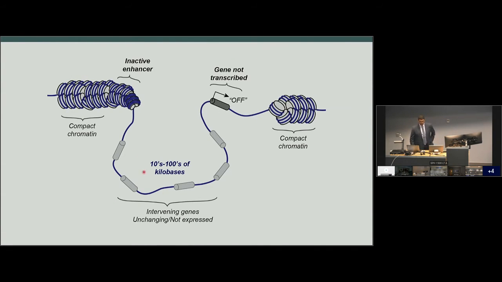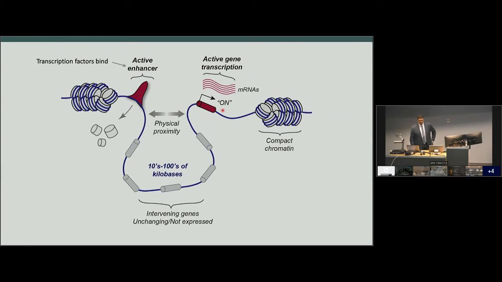So again, as I mentioned before, most of the nuclear DNA is very compact around these nucleosome and higher order structures. And you can see these genes that are represented by these little cylindrical marks. If we were to say, how is this particular gene, which is now in its off state, actually turned on? So our current understanding is that when genes are activated, this requires transcription factors to bind to specific regions such as enhancers, which requires them to actually displace the nucleosomes off that compact chromatin, open up the DNA, and then bind to the DNA and read what's going on underneath.